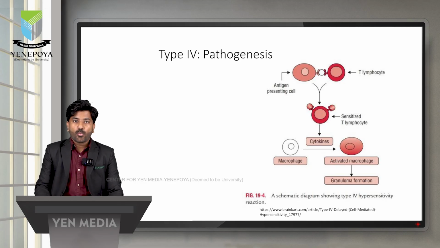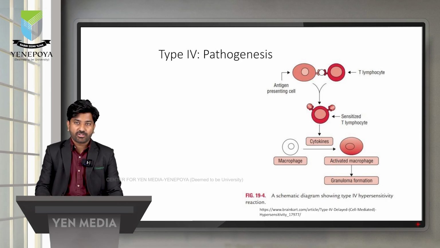These cells, when the antigen is presented by the antigen presenting cells, will interact with the T lymphocyte. The T lymphocytes get sensitized and activated, which will result in destruction of this particular antigen. However, simultaneously it will also produce cytokines which will activate macrophages. The activated macrophage can go and form granuloma around the site of injury or inflammation and can lead to type